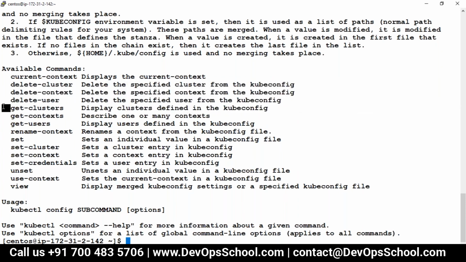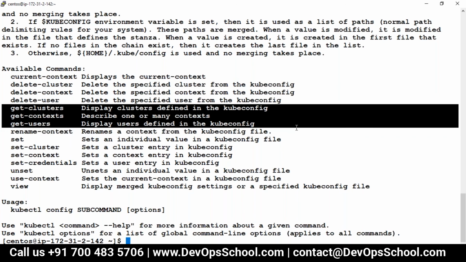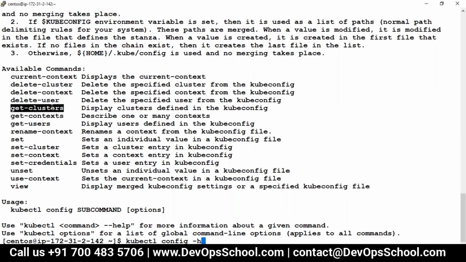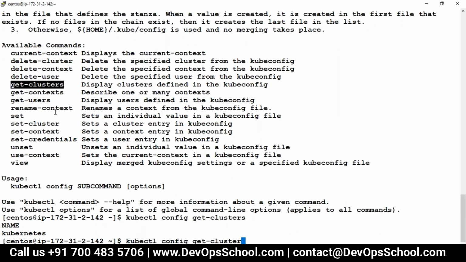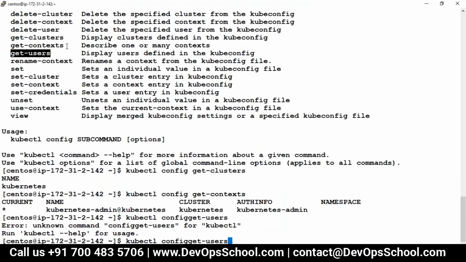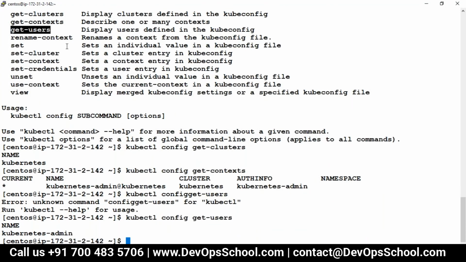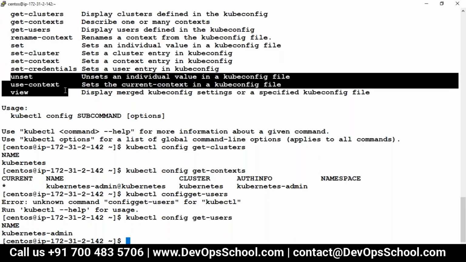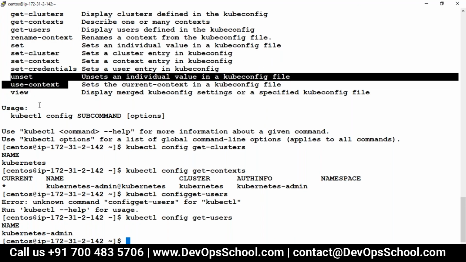You can get clusters, get contexts, get users also. For the time being, I just want to get the cluster. What is the name of the cluster? Kubernetes. The context is this one, and the user I think is kubernetes-admin. Okay, all these things you can set, and unset context also, and many things you can do.